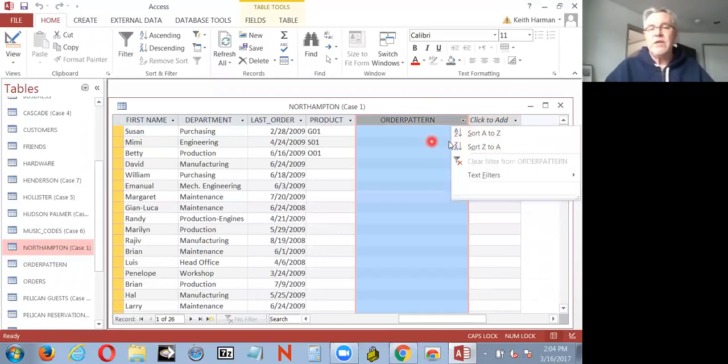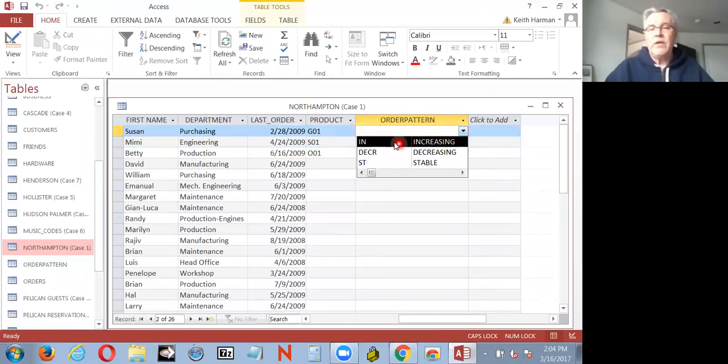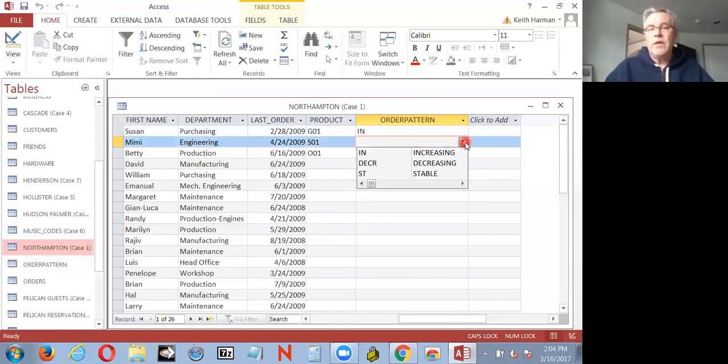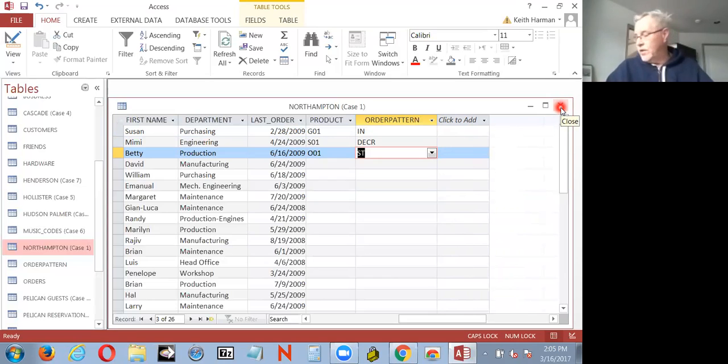And again, like it was before, I can stretch it out. So if I want to see, it will show me, and I'll put that in. And I can look at the lookup, and then I can scrunch this back down so I don't have to take up too much space. And I've got the order patterns. You can see I've saved this table, okay? So I've done number 7, and I've actually really done number 1 as well. And they tell us to put in some new fields and stuff,